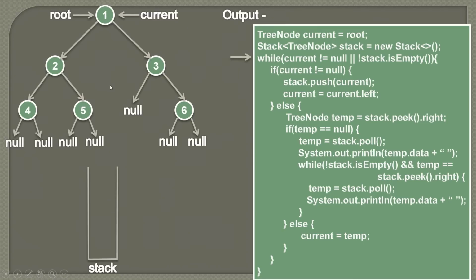As we want to perform this post order traversal, we need to visit each and every node of this binary tree. And as we are following an iterative approach, we are providing a while loop where we are providing two conditions. First is current is not equal to null, or stack is not empty. So here you can see current is pointing to a node having value 1. Therefore this condition comes out to be true because current is not equal to null. So the overall condition of this while loop comes out to be true because if any of these conditions comes out to be true, this while loop will execute.